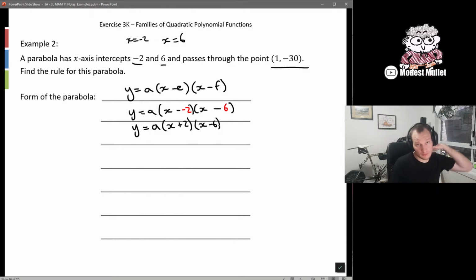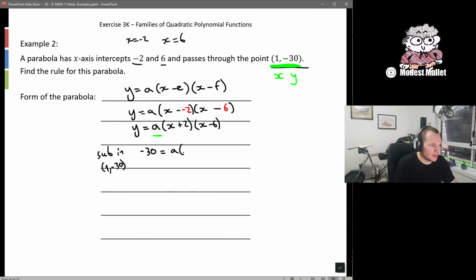And we're 95% of the way there. All we've got left to figure out is a. So from here, we just need to substitute in our other data point. Like I said, we're going to substitute in our other data point as x and y, and that will allow us to figure out what a is. So we sub in (1, -30), and -30 is equal to a